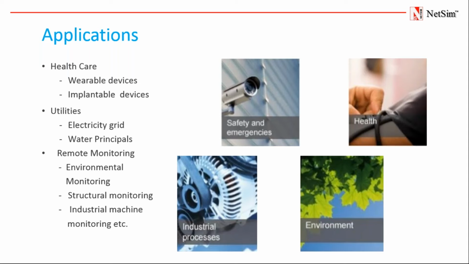Then utilities of electricity grid: smart meters have been designed to give the current update of the meters. Then water principles, then remote monitoring, in which area monitoring is there. So a wireless sensor network can be deployed in a region where intrusion monitoring is required, like detecting intrusion of enemies on border areas. And for forest detection,